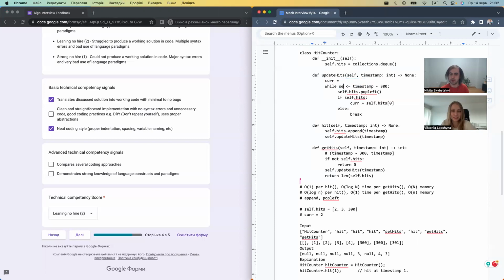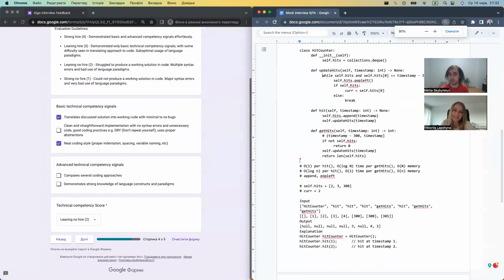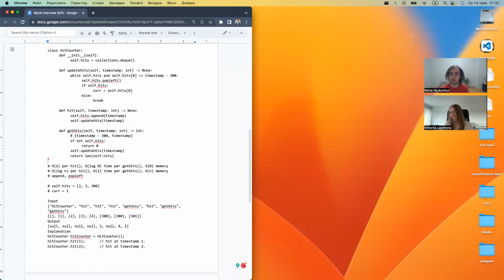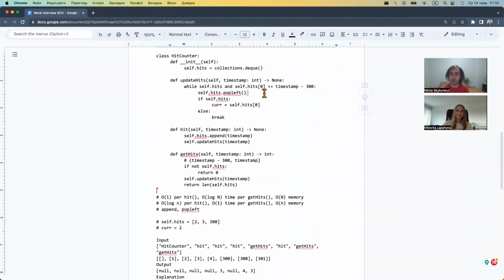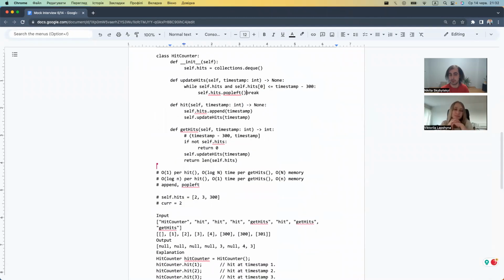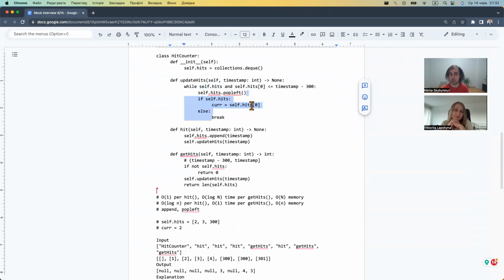Так, тобто, що тут можна було написати? Поки self-hits, поки там хоча б щось є, і self-hits 0 не перевищує, просто self-hits popleft. Тоді, бо я ж кажу, якщо ти хочеш брейкнутися у вайлі, то це хороша ідея просто цей condition перенести сюди.